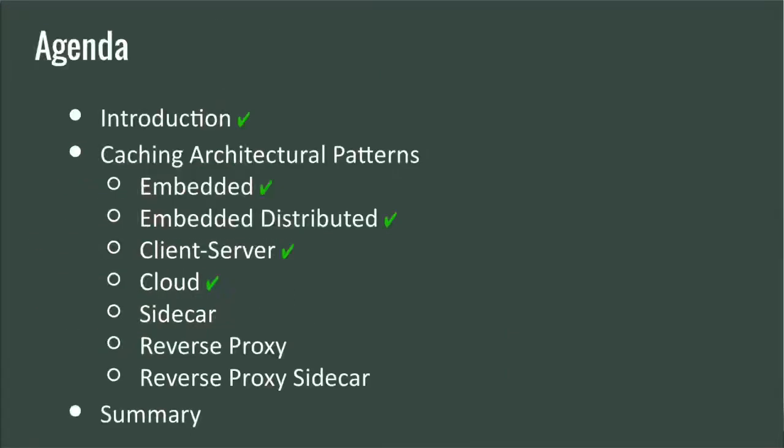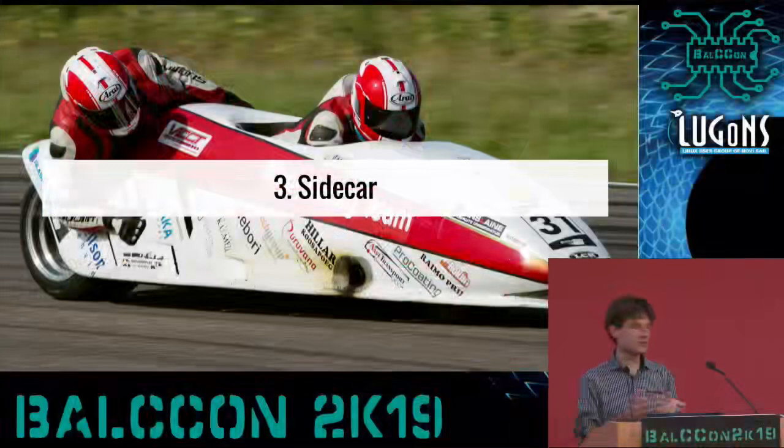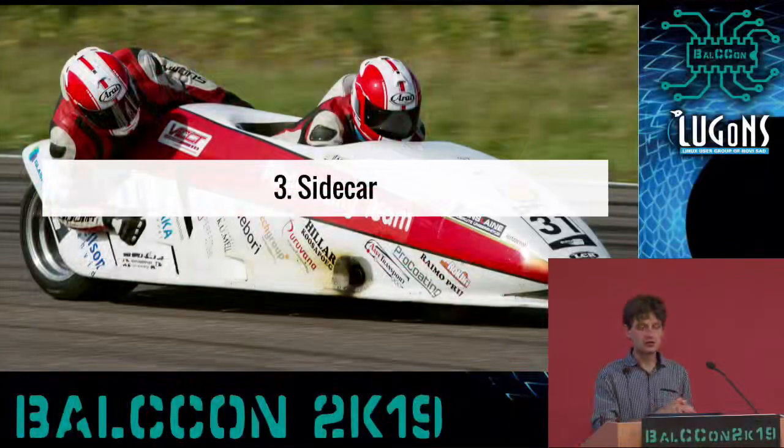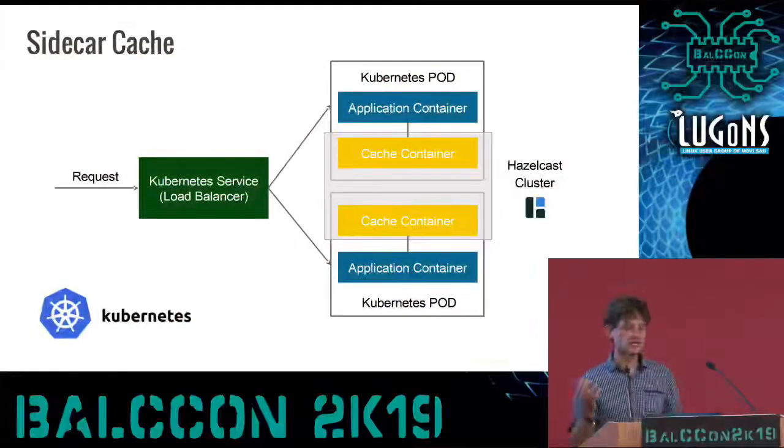So that's how we covered the basic pattern. These two first architectural patterns may have sounded obvious to you because embedded and client server are quite old. However, this third pattern, sidecar pattern, is something completely new. This time this diagram is Kubernetes specific because sidecar pattern is mostly seen in Kubernetes environment, and actually it's limited